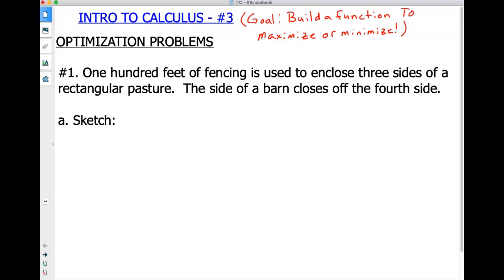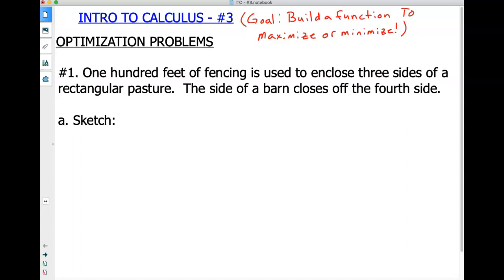Hello. Today, Intro to Calculus number 3, optimization problems. We're going to do these kind of pre-calc style, and the deeper we get into calculus, we're going to find out how much easier calculus actually makes these problems to be solvable. However, it is important that we know how to do them in the pre-calc style because